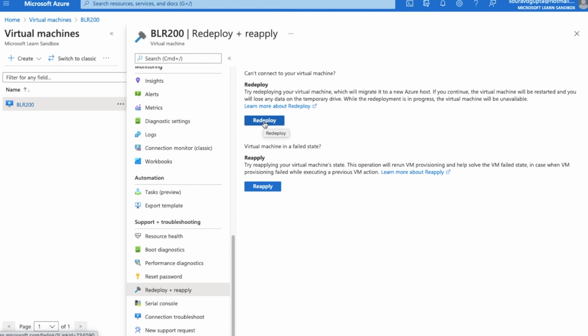That port should be allowed for RDP connection. That is the final check that we can do.